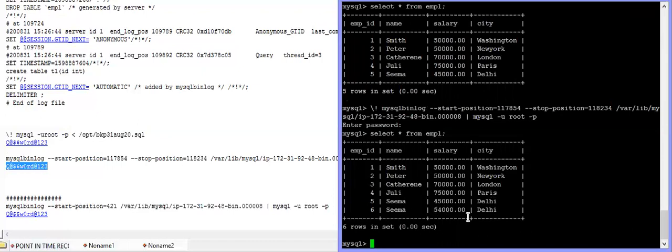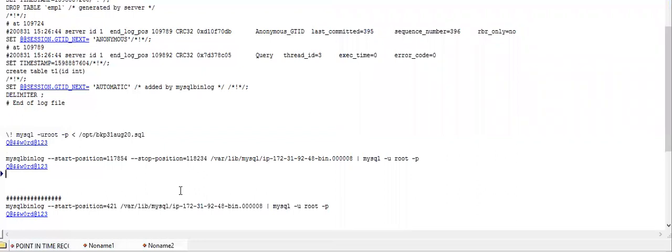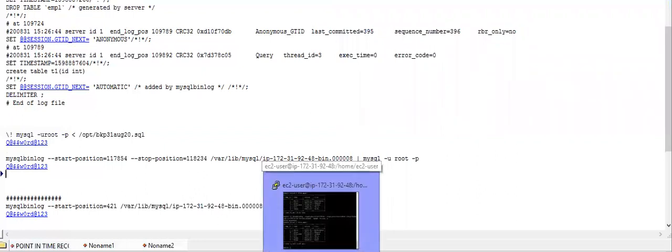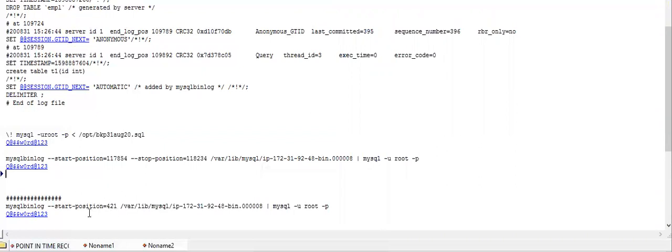the amount is different. Okay, so this way you can do your point in time recovery. Even after that, if you want to do recovery after that drop table command, you can also do that with just a start position.